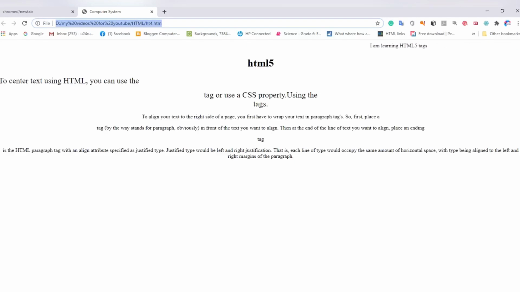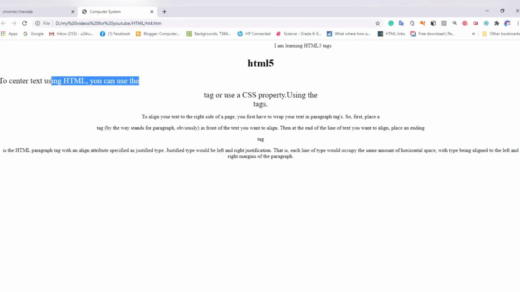Now you can see here what is happening. The size of my line is increased. I have given font size 5. So you can change it. You can start from 1 2 3 4 5 6 7, any font size you can give. The text is displayed in the font sizes that you have specified in the HTML code.